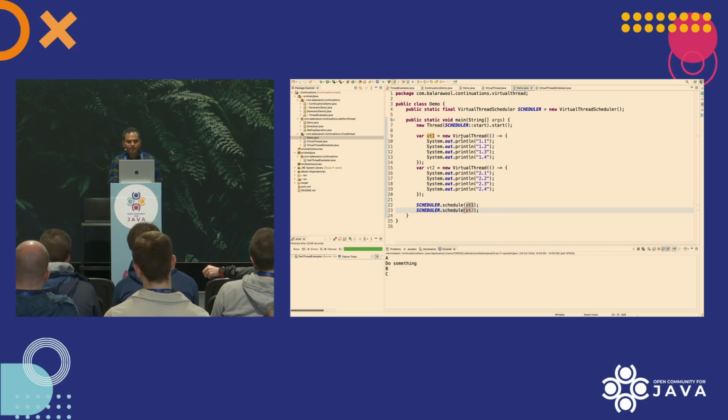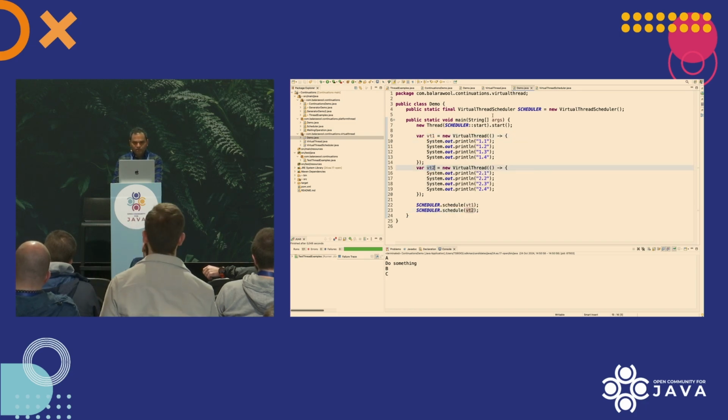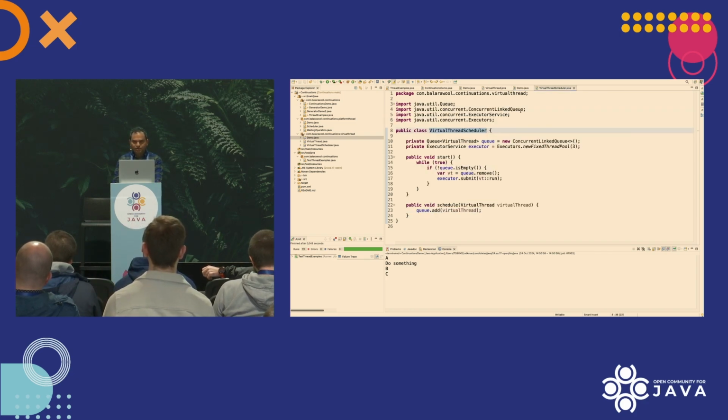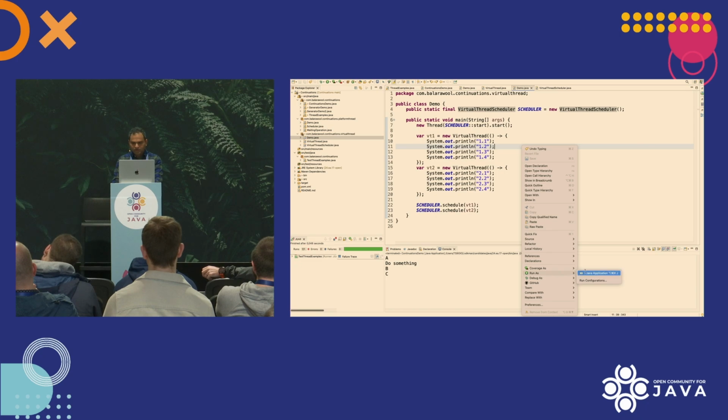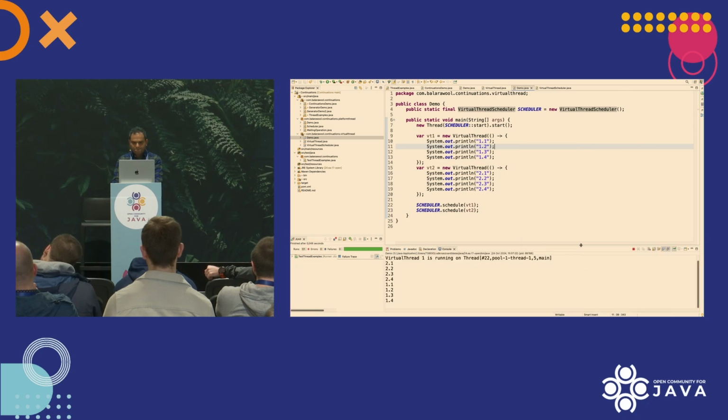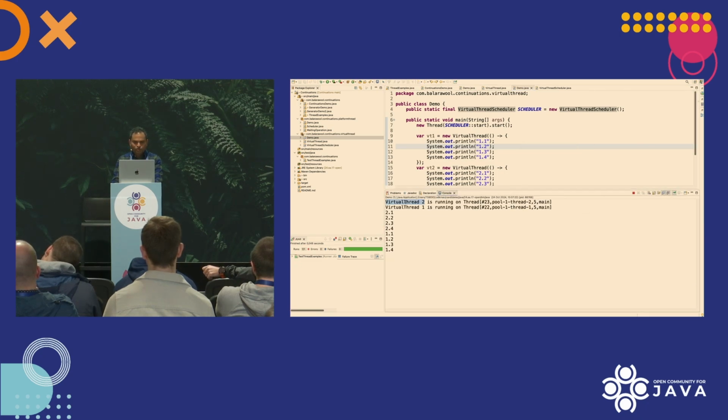So now what will happen if I run this? This will basically create these 2 virtual threads, and we have 3 platform threads here. So it is just gonna execute these 2 virtual threads on 2 of these platform threads, and they will just run parallelly, right? I think that's what will happen. So let's run this and see if that is exactly what happens here. Yeah, so we see that virtual thread 2 is running on platform thread 2, and virtual thread 1 is running on platform thread 1. And then they both run parallelly in their own threads.